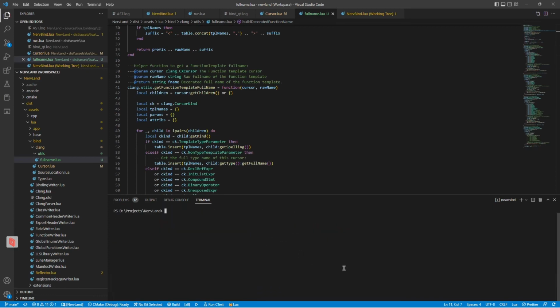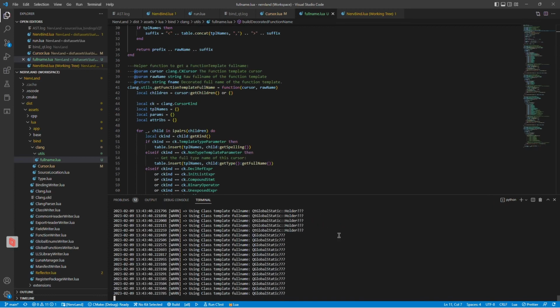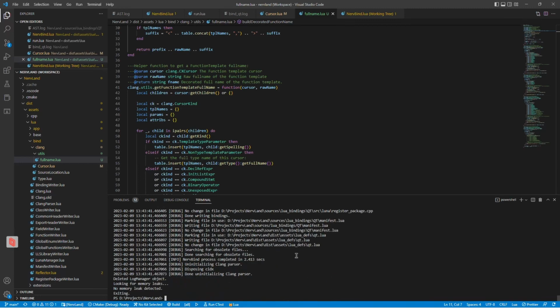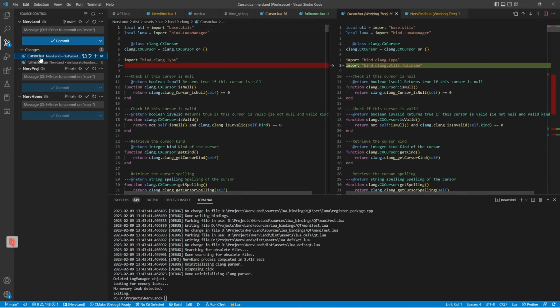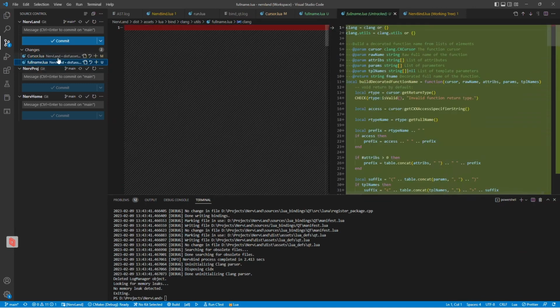Okay. Good. 2 seconds. My, that's fast. So what did we do? We separated our helper function for full name resolution into a dedicated file. So added